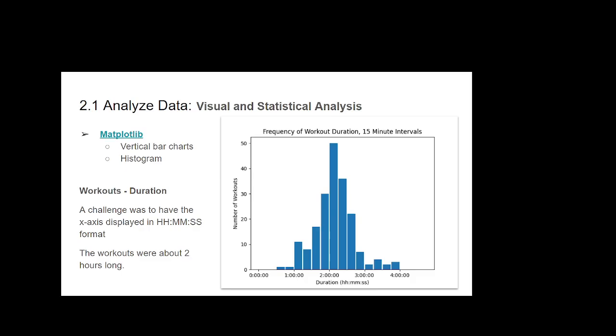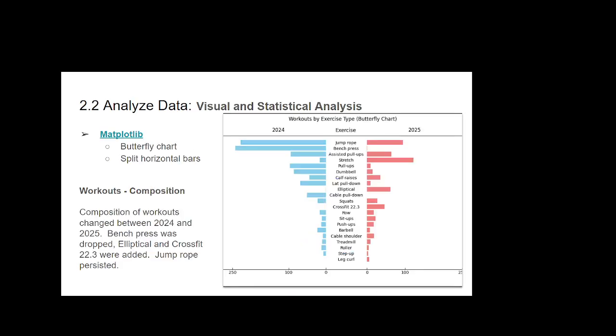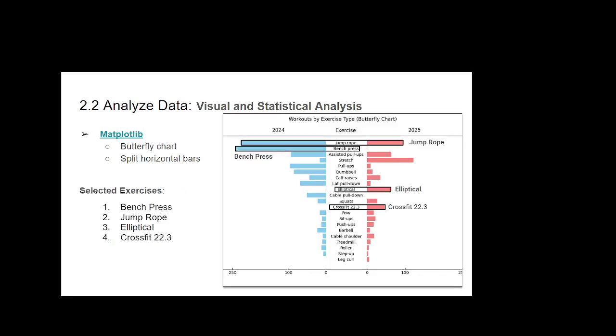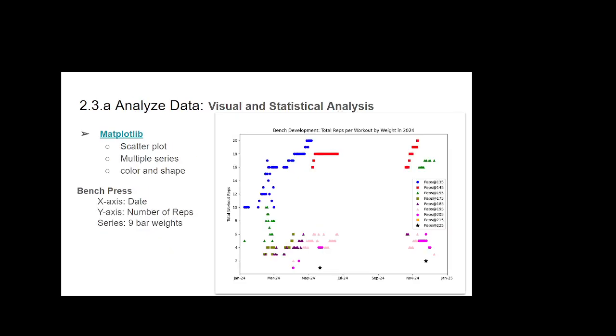In part 2 of this report, I used matplotlib to create a histogram of workout duration, and a split butterfly chart was used to show the change in the composition of exercises. 4 exercises were chosen for further analysis. A date-based scatter plot shows bench press reps on 9 different bar weights, each distinguished by a marker color and